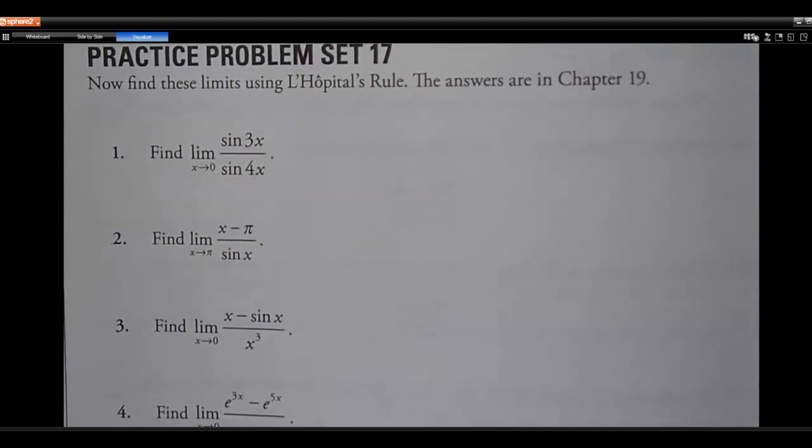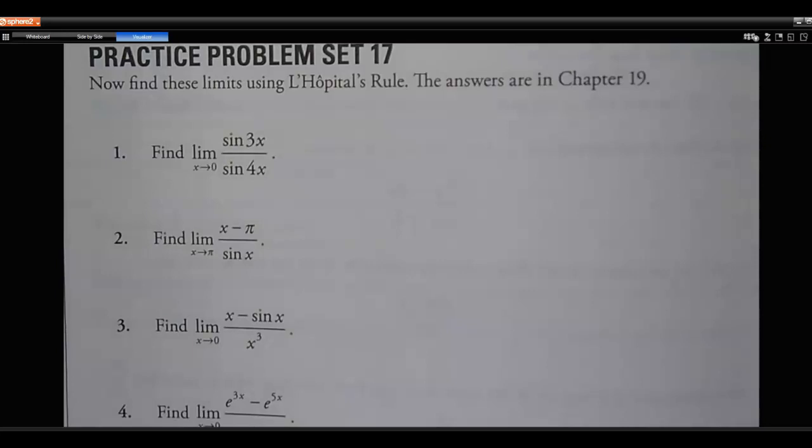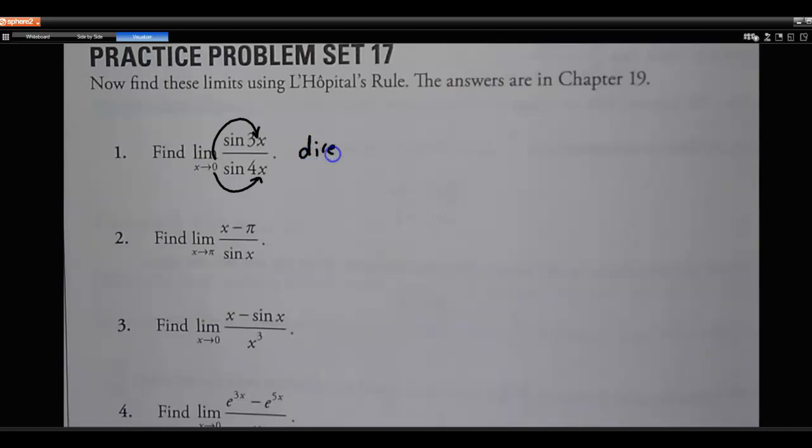Find the limits using L'Hopital's rule. So with L'Hopital's rule, the first thing you're going to do is you're going to do direct substitution. So you're going to plug 0 in everywhere there's an x. Now 0 times 3 is 0, and sine of 0 is 0. The same thing happens on the bottom. So direct substitution yields the indeterminate form